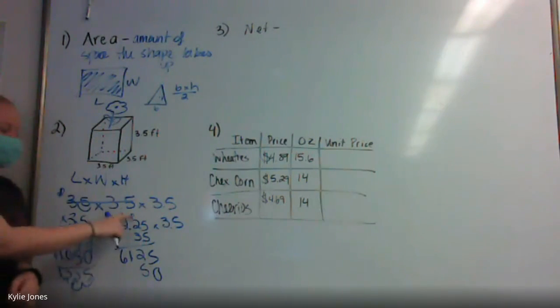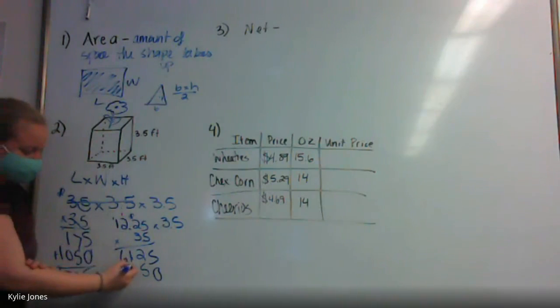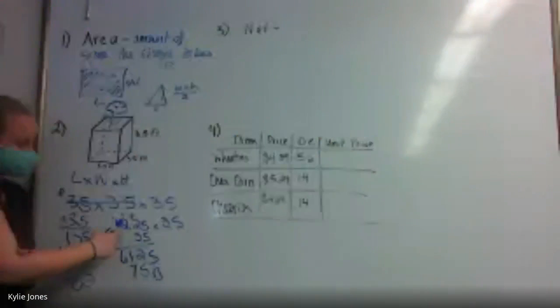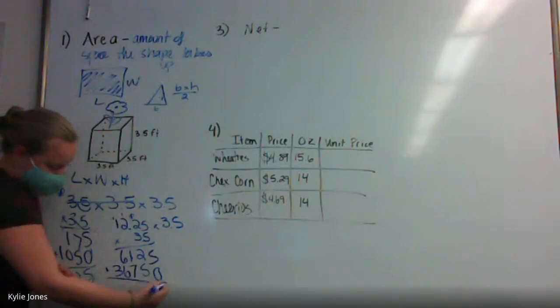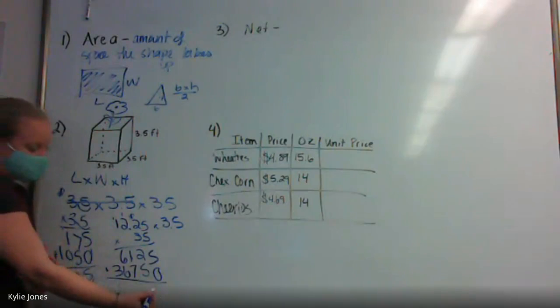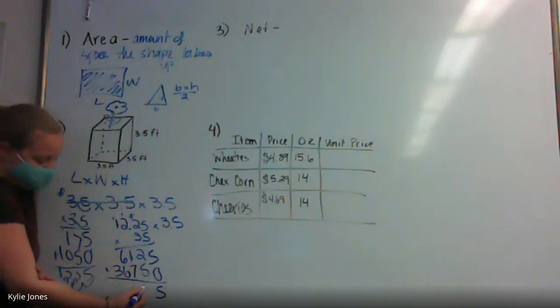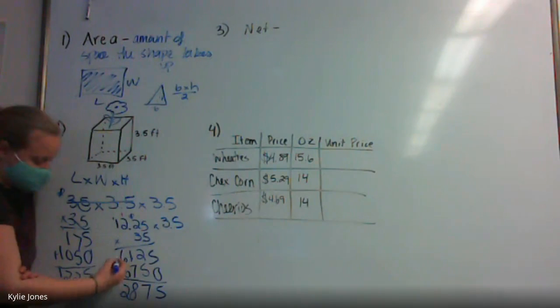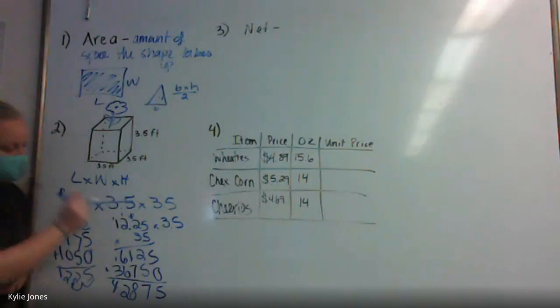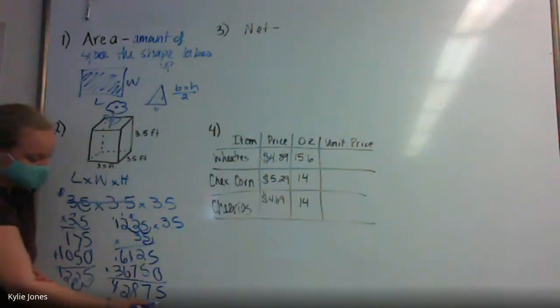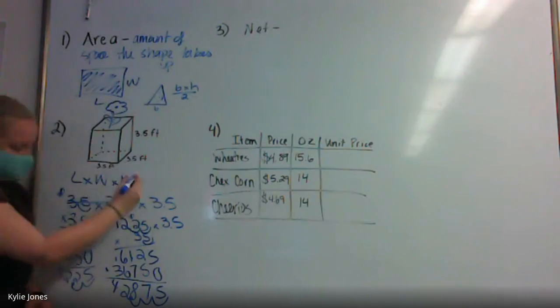Sorry. What is 3 times 2? Plus 1? 7. And 3 times 2? 6. And 3 times 1? 3. And then we got to add. I'm writing very sideways right now. What is 5 plus 0? 5. 2 plus 5? 1 plus 7? 6 plus 6? And 1 plus 3? 4. How many times do I need to put my decimal here? We have 1, 2, 3 times. So our volume is